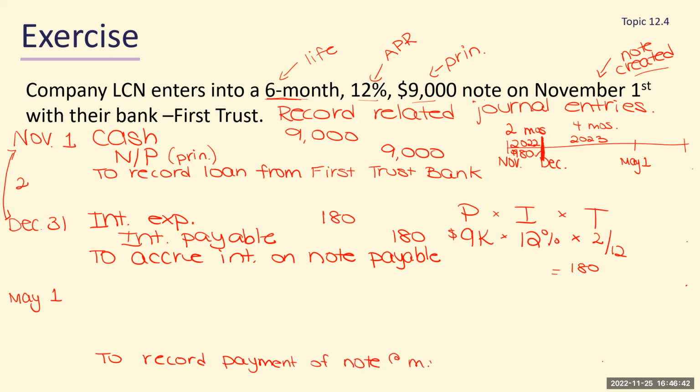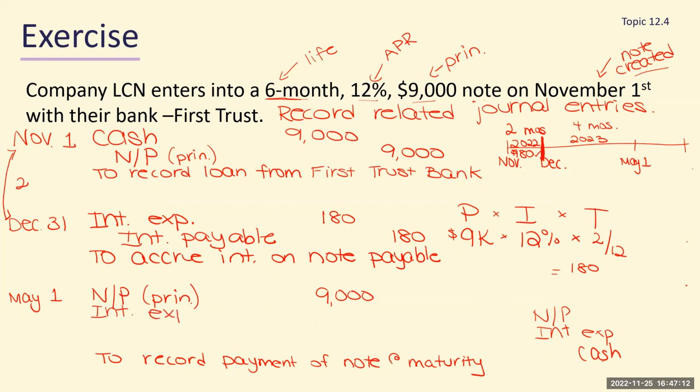Now, if you think back to the last time we did this, when I had it change the date from November to January, maturity, right? Your journal entry was notes, interest expense, and cash. Okay, those are all going to stay. You're just going to have one extra account. So let's go ahead and put those in. Start with the easy stuff. Notes payable is always recorded at principal. Interest expense, wait, we're going to calculate that using PIT. Cash, wait, that's going to be the sum of